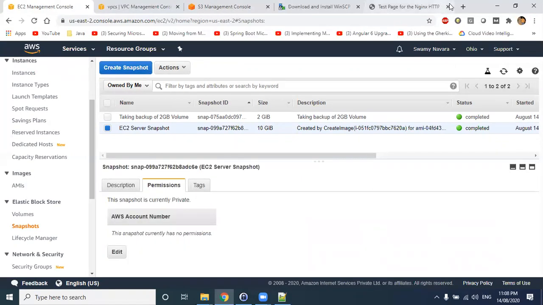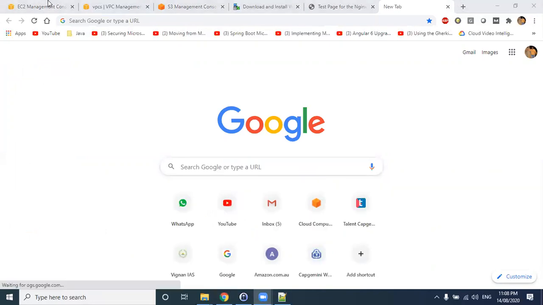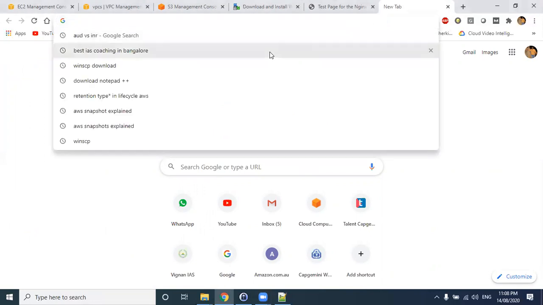So how are these snapshots getting saved? The first snapshot we created, even for 2 GB, took some time, at least around 30 seconds. But if you take another snapshot, it is created immediately.